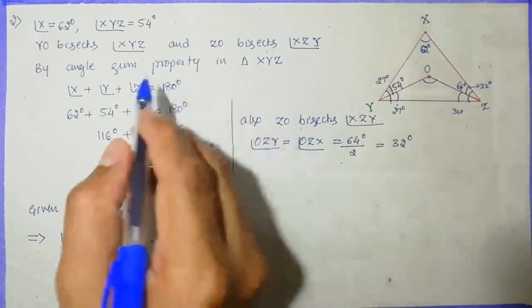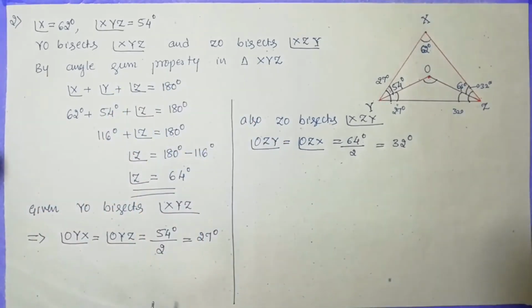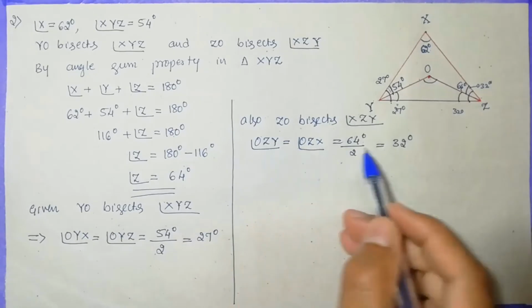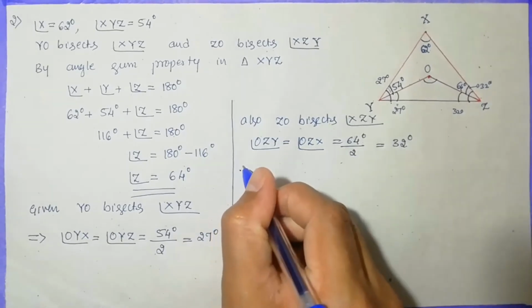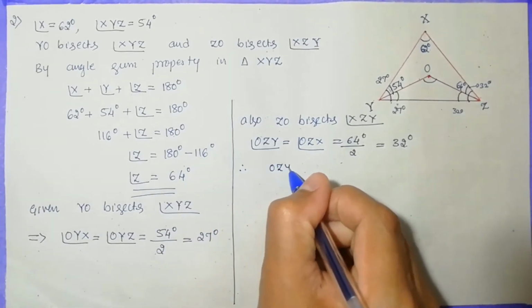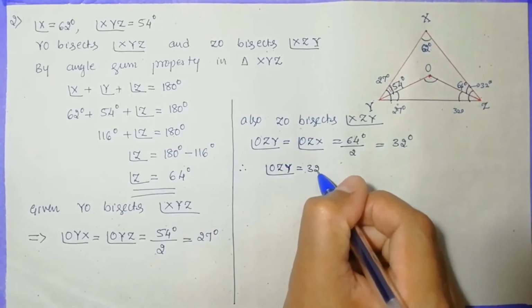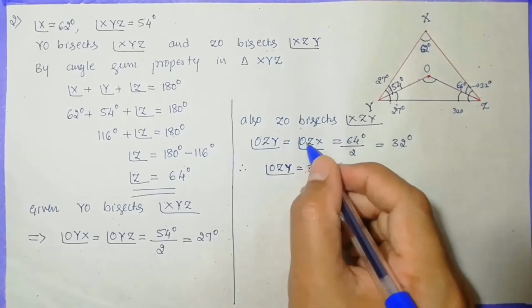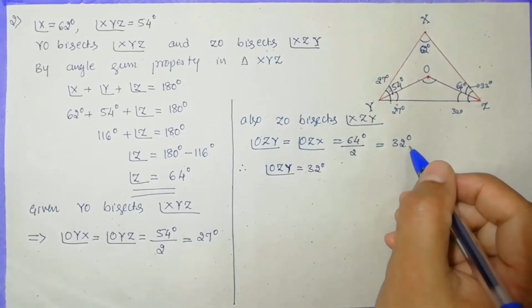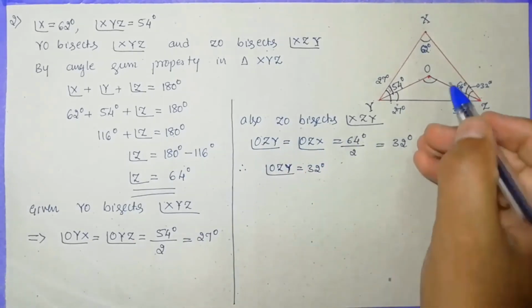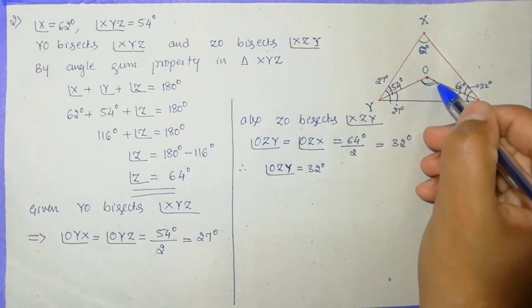So now we have found one thing, that OZY is equal to 32 degrees. Therefore OZY is equal to 32 degrees, and OZX is also equal to 32 degrees. So now the next thing is you have to find this one. Okay, so now look at here,